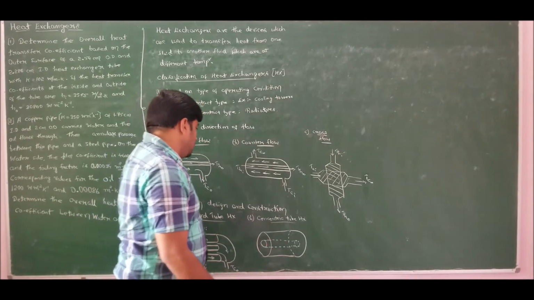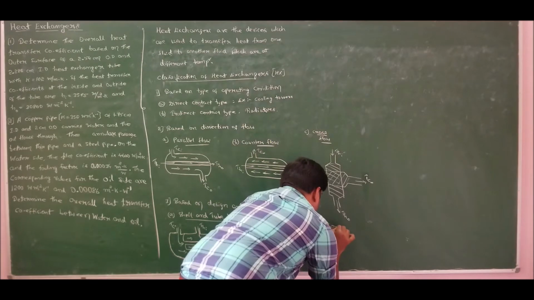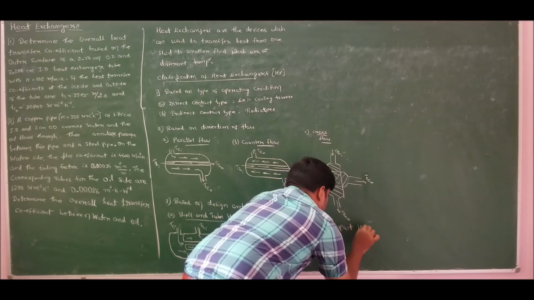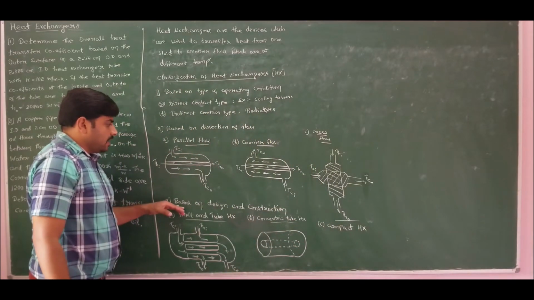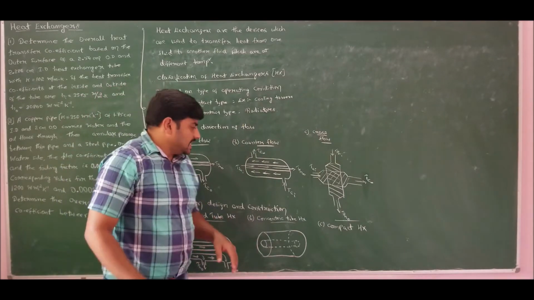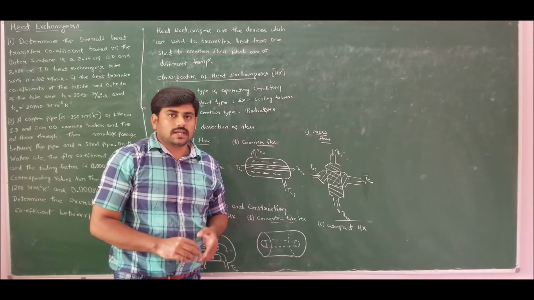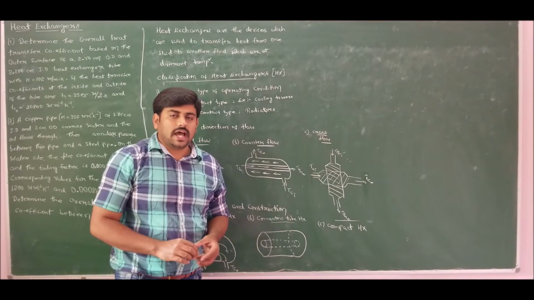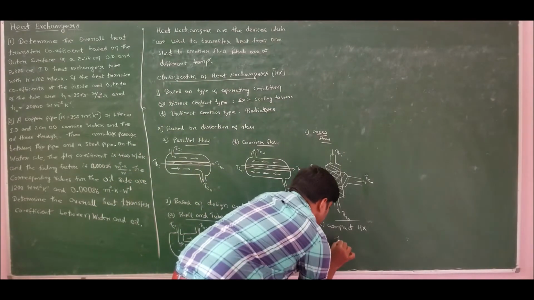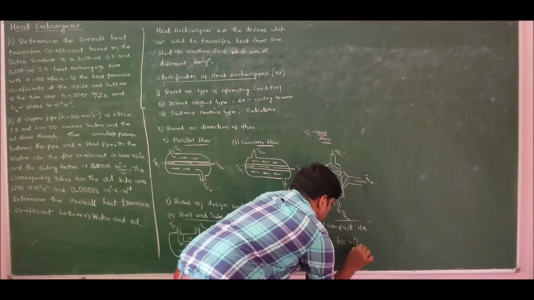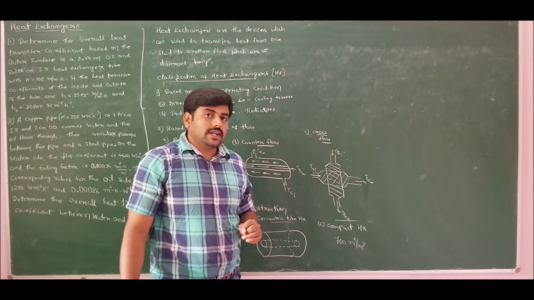In that space, another fluid will flow. Next, moving to the third classification based on design and construction is compact heat exchangers. Compact heat exchangers are a special type of heat exchangers classified based on design and construction. These compact heat exchangers are employed in automobiles because of their space constraint. The compact heat exchangers have very high heat transfer area compared to their volume, as high as 700 meters square per meter cube. Per unit volume, they have the heat transfer area as high as 700 meters square.